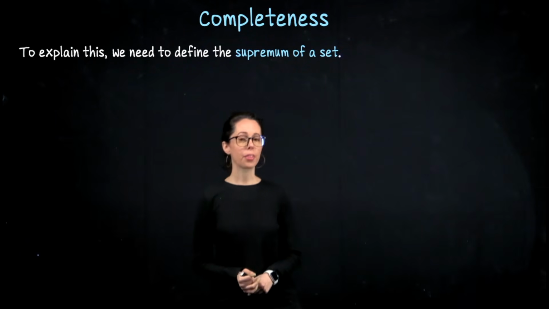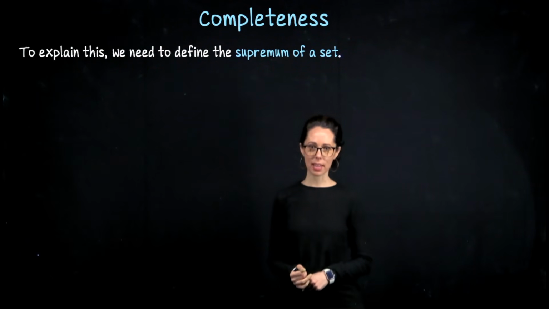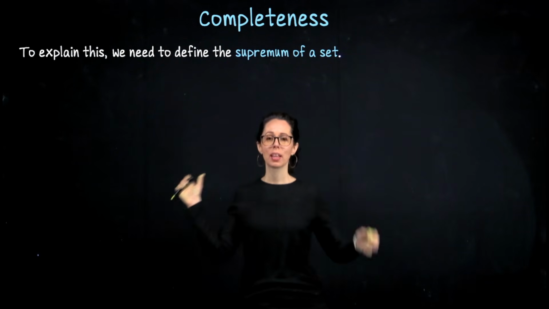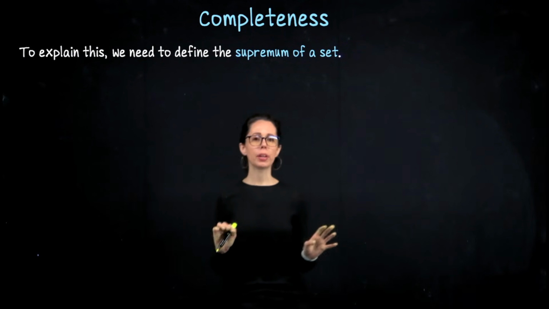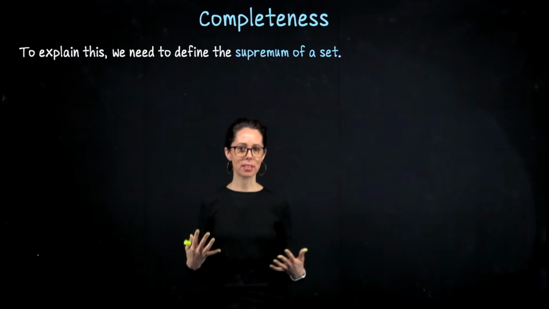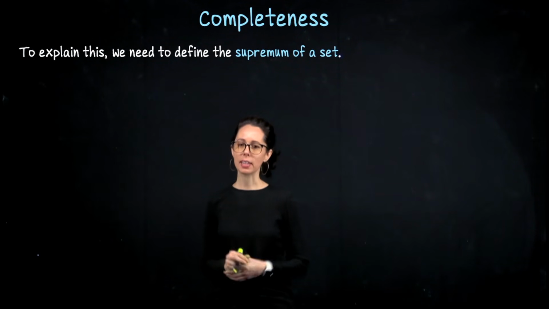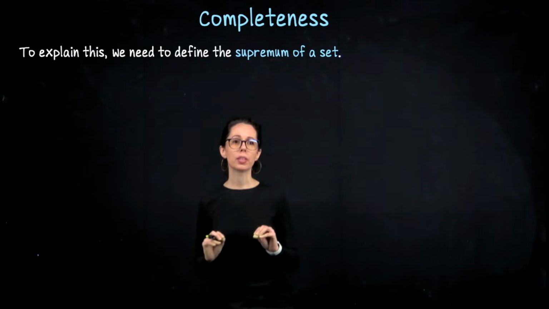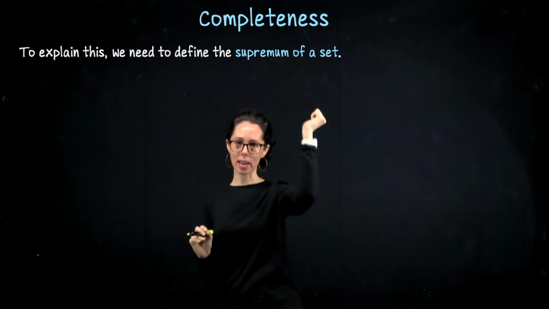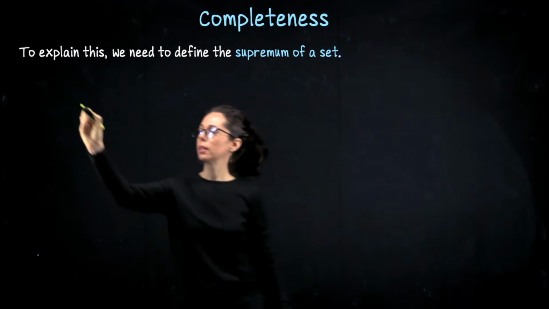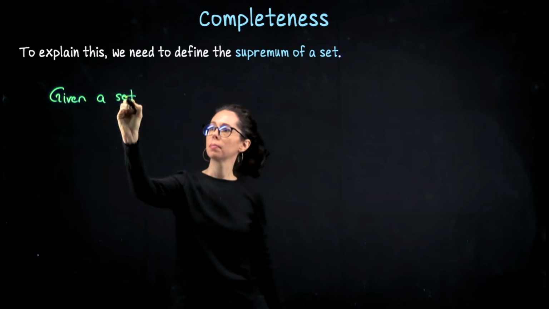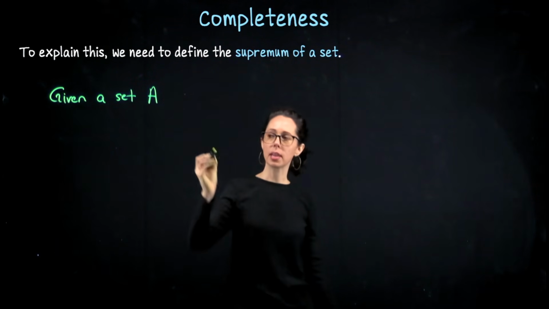To go through our third axiom, the completeness axiom, I need to bring in some definitions involving sets. So we saw sets in the previous lesson where we just talked about sets of real numbers. Let me now define what it means to say that a set is bounded above, and that will lead us to the definition of something called the supremum of a set. So given a set A, which is going to be a subset of the real number line,